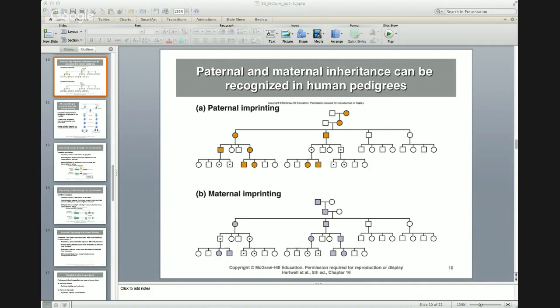Again, the father passes it on, but the mother's copy that is passed on is imprinted. Okay, so Prader-Willi syndrome would be an example of a maternally imprinted disease. Angelman, on the other hand, is an example of a paternally imprinted disease, because the deleted copy is inherited from the mother. The deleted copy is inherited from the mother, but the inactive, imprinted copy is inherited from the father. So Angelman would be an example of a paternally imprinted gene.